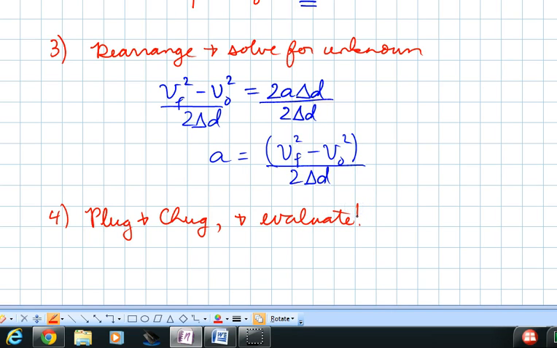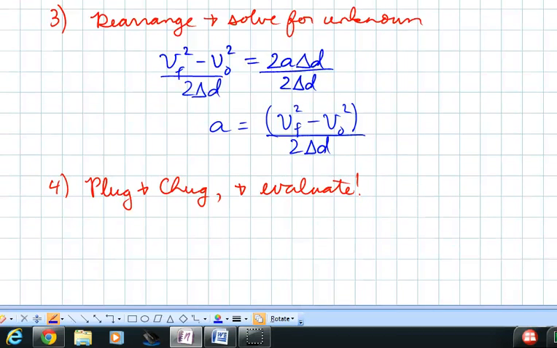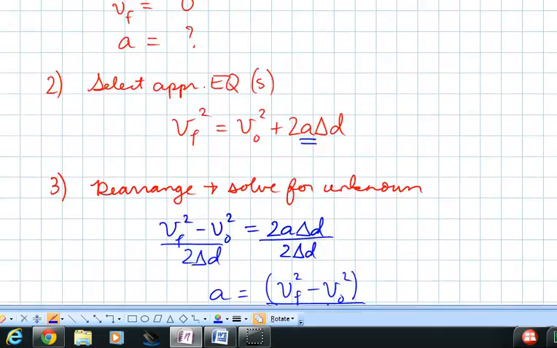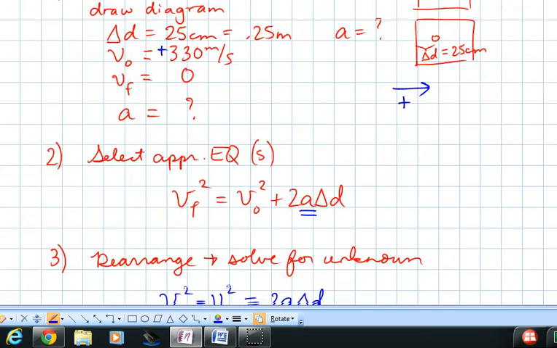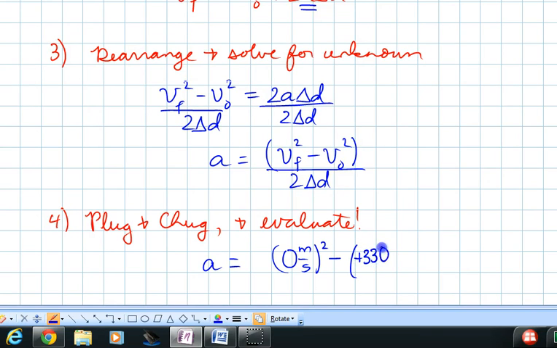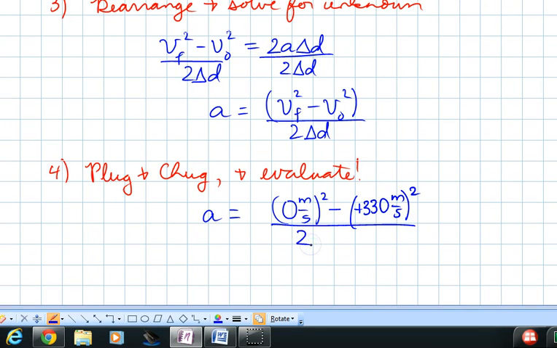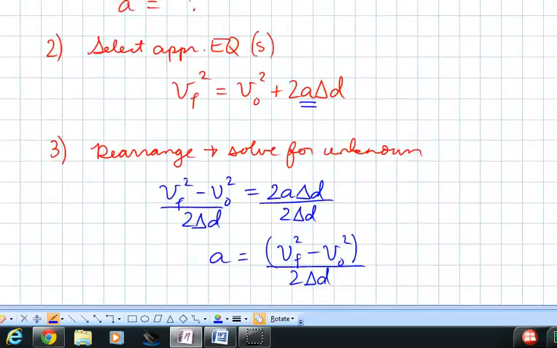So we have to make sure that this makes sense. Alright, we want acceleration, deceleration, to be accurate, and so V final we said was 0 meters per second, that whole thing is squared, minus V initial is, well, let's take a look. Looks like 330, and it's a velocity, but let's just say that going to the right is positive, so it's going to be positive 330 meters per second quantity squared. Then we're going to divide that by 2 times the displacement, or the distance, and the distance is, in this case,